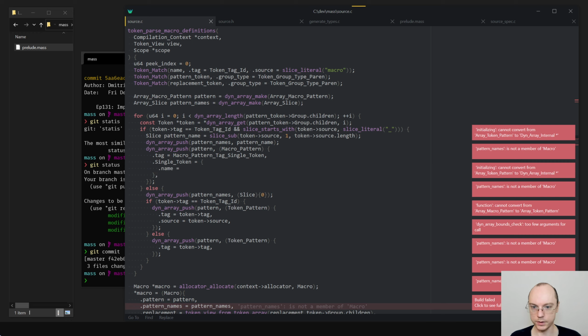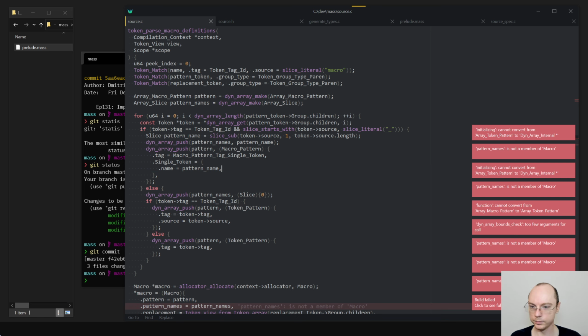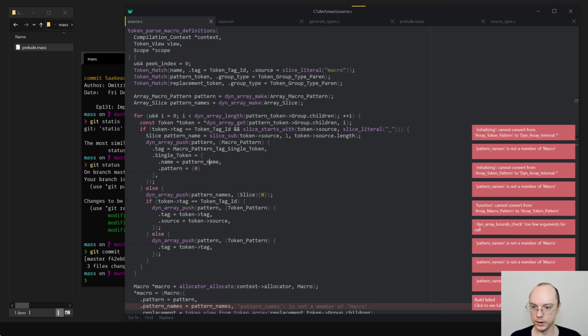Name is pattern name, and pattern is, well, nothing. So we don't even need to put it here. Or maybe we should, I don't know. Okay, so this goes away.